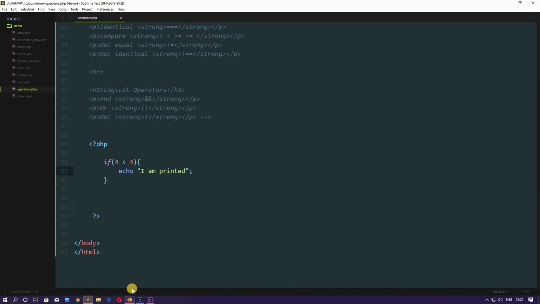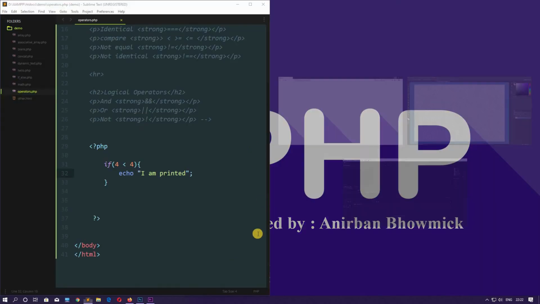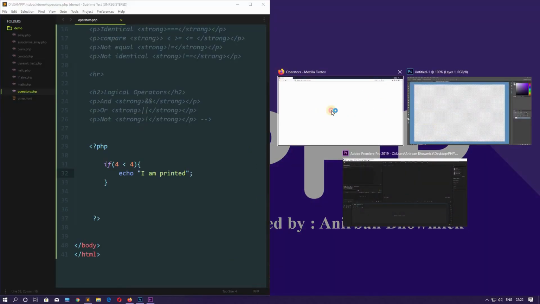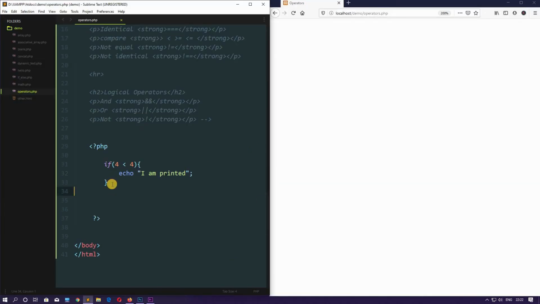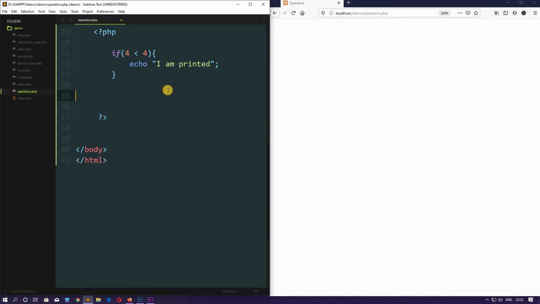So now let's open the browser and let's see. See, there is nothing. Okay, I hope you can see this. So this is one comparison operator, the less than sign.